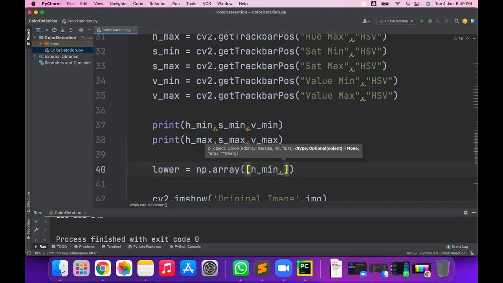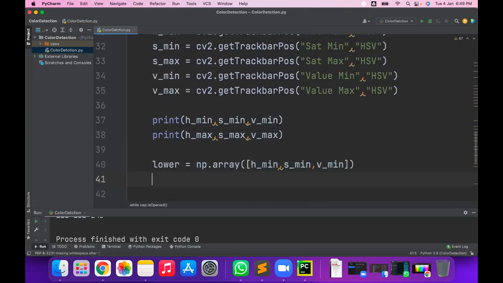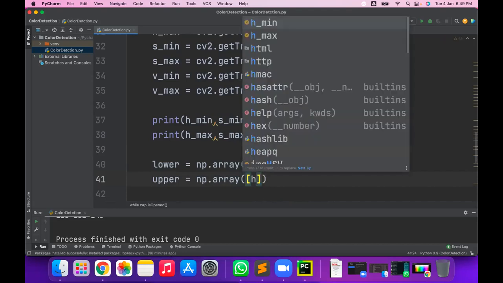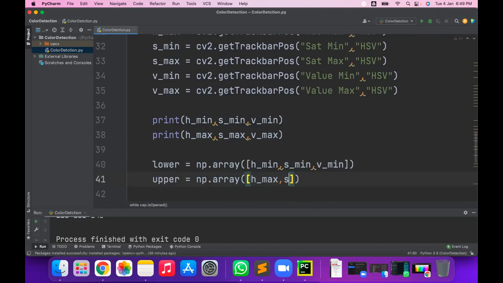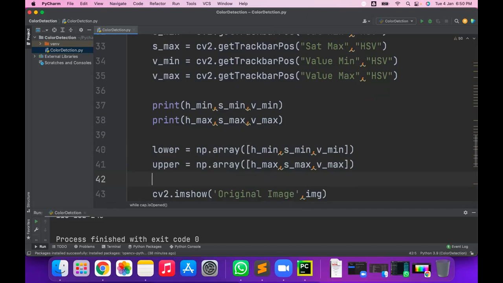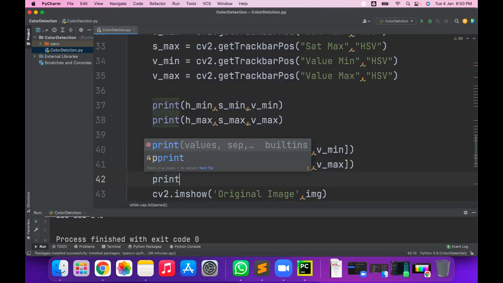First one is H mean, second one is S mean, and next one is V underscore mean. Then create the upper array also. Upper array is equal to np dot array, and give the list as H underscore max, then S underscore max and the V underscore max. Give these values lower and upper, and we can print out these values now.